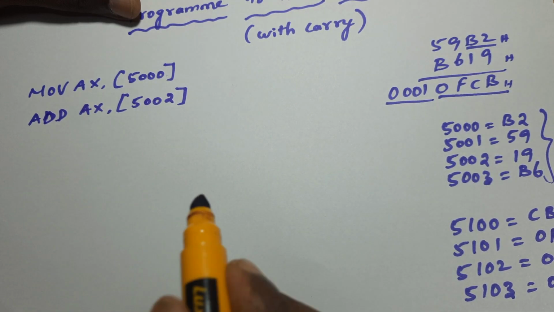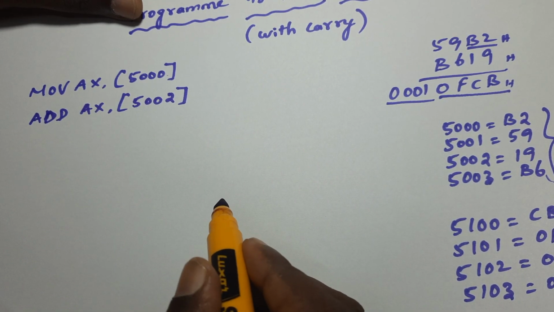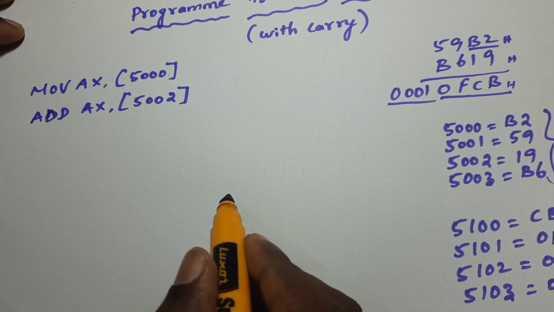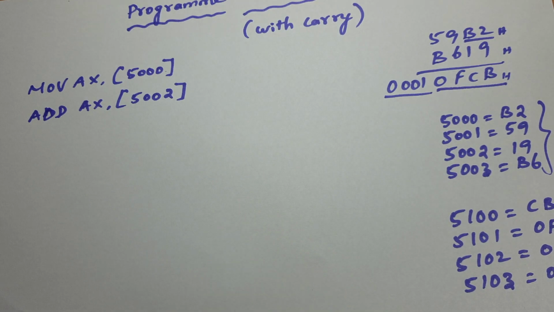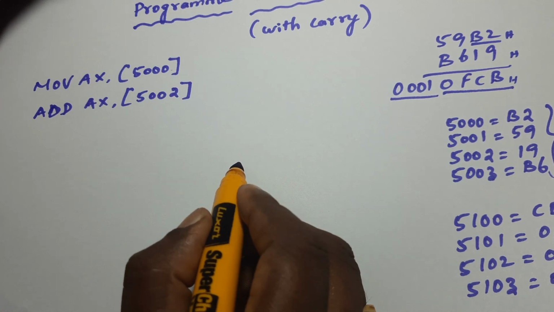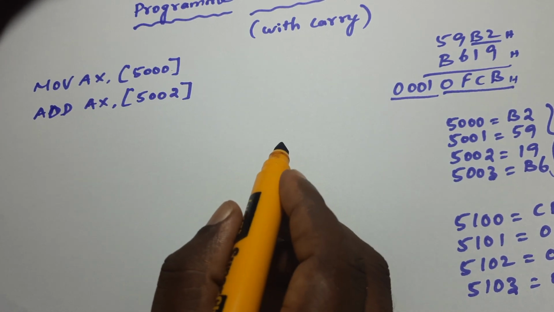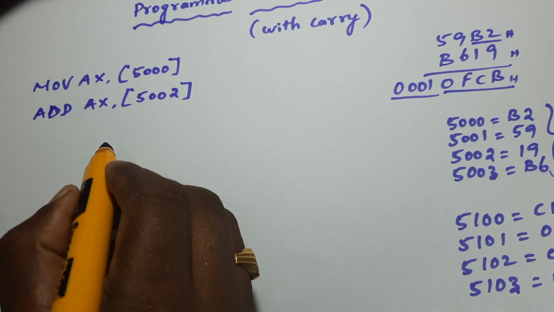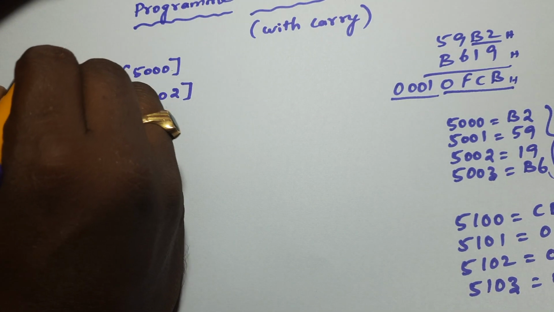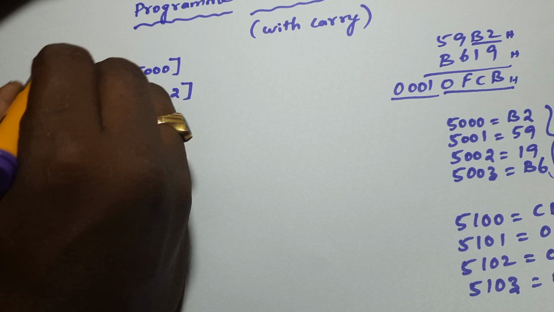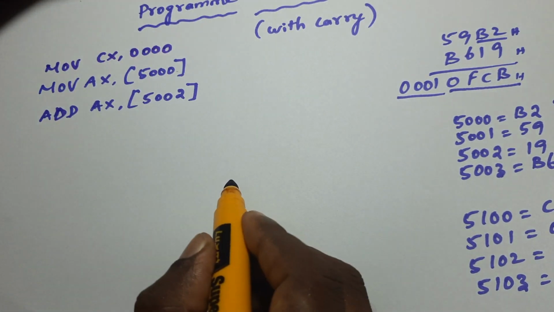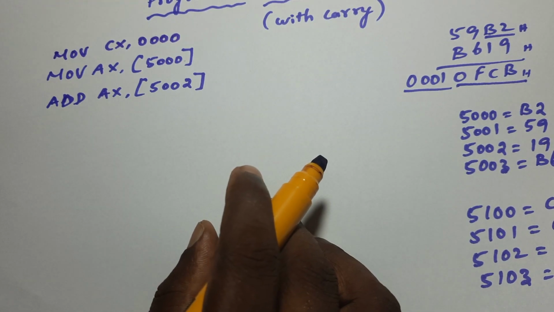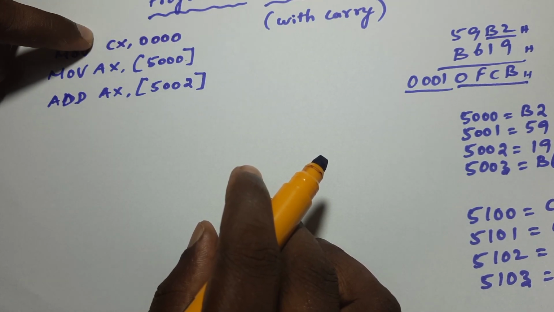But one important thing, we need to get the carry. Carry is actually a single bit flag, and we need to make it a 16-bit number. We need to follow a logic. That logic is, I am going to initialize a register with 0, say I'm taking the CX register, I'm making it 0, we are clearing it. I have initialized this register as 0,